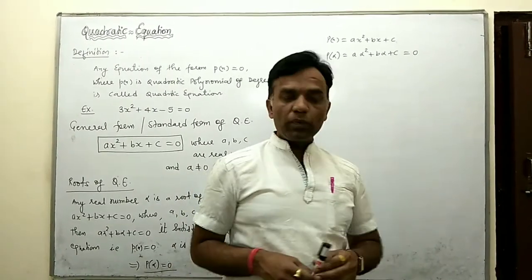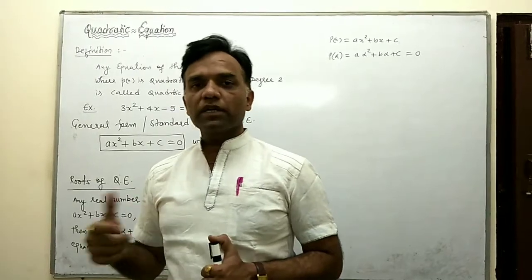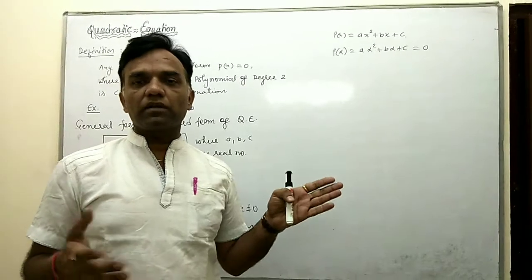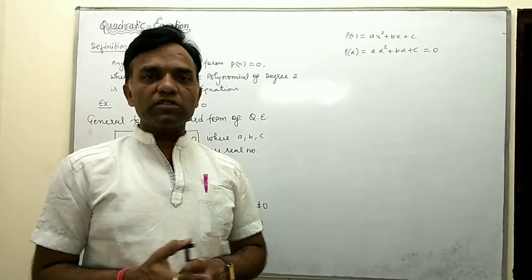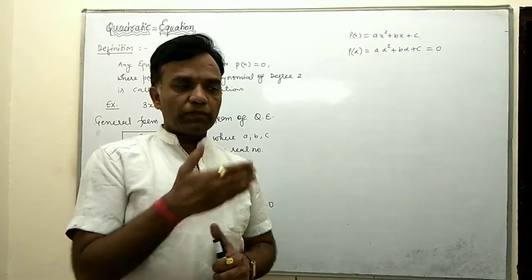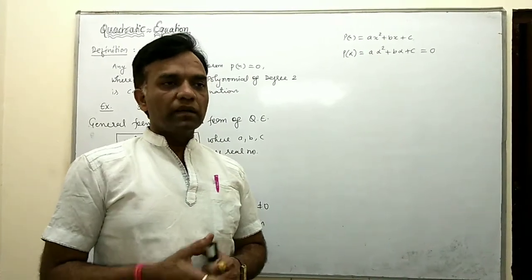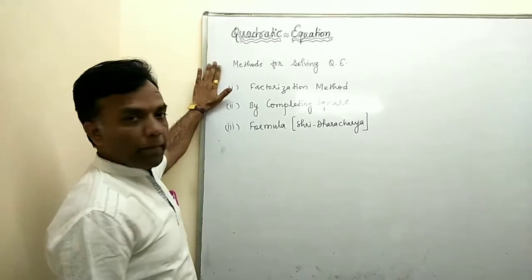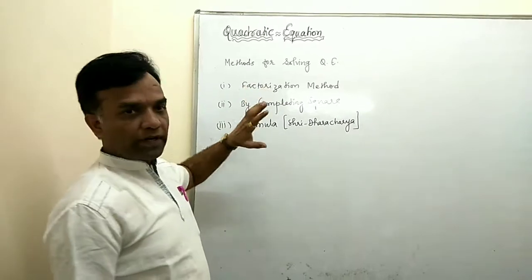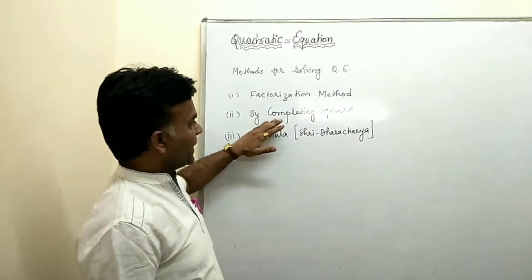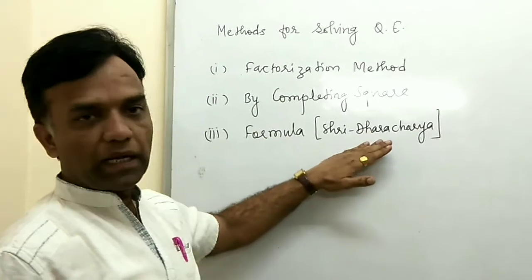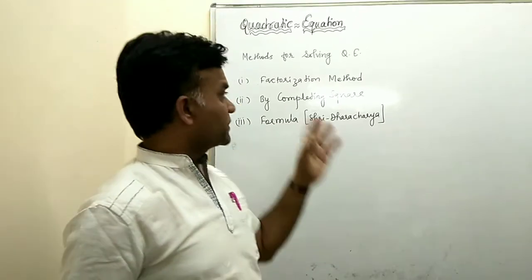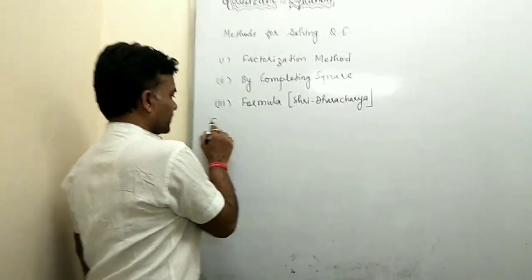Now the next topic is the solution of quadratic equations. So now we continue with the solution of quadratic equation, because there are three methods for solving the quadratic equation. One by one we explain with the help of some methods. Here we take the general form, and we convert it using the following methods. There are three types of methods for solving the quadratic equation: factorization method, completing the square method, and the formula, that is Sridharacharya formula. Okay, so there are three methods for solving the quadratic equation. So one by one we explain. The first method is the factorization method.